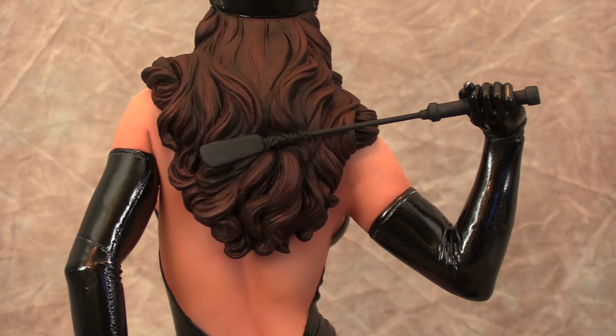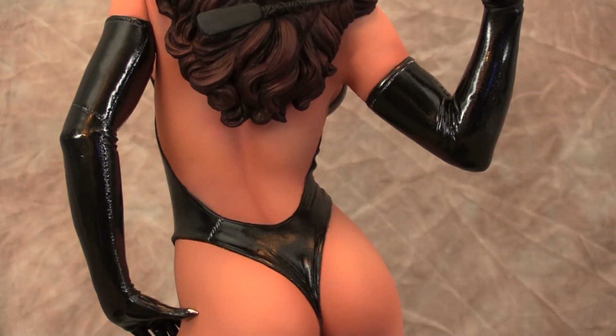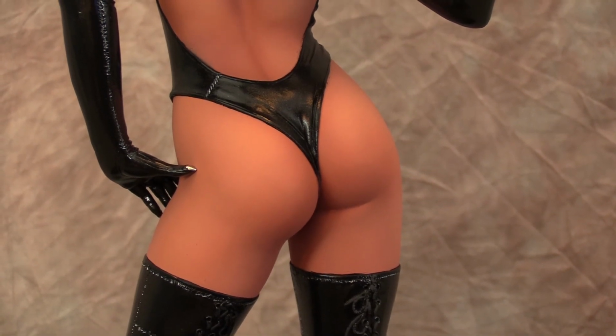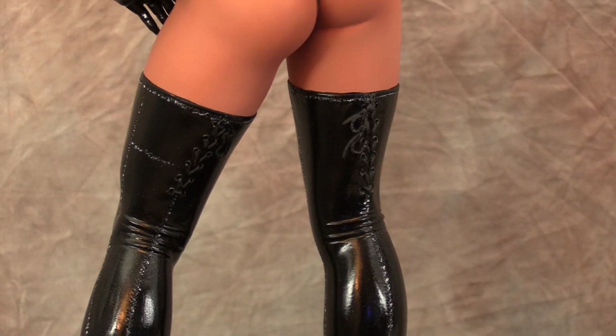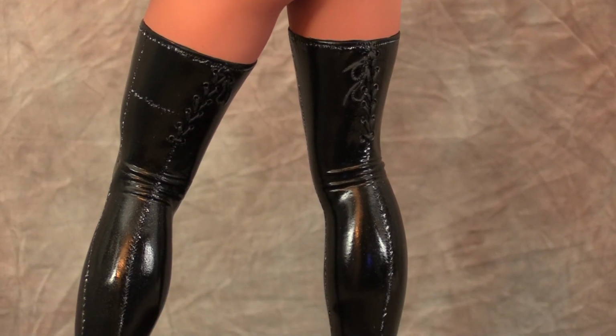I did mix a little bit of pearl into the hair, but then I dulled it down with Mecha Varnish from Vallejo flat, and that really dulled it down. I'll give you guys a nice booty shot. I tried to add a little bit more tan into her so we didn't go too pale. The ropes on the back of her boots are like an 80% gray, and you can see how we did